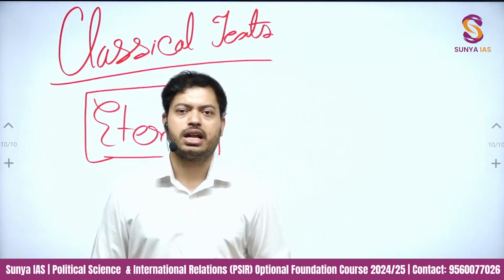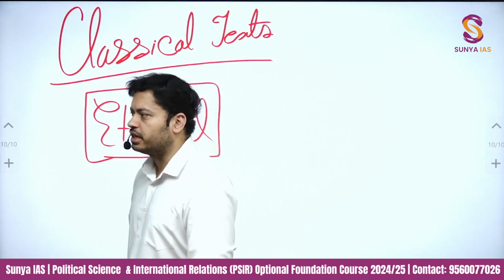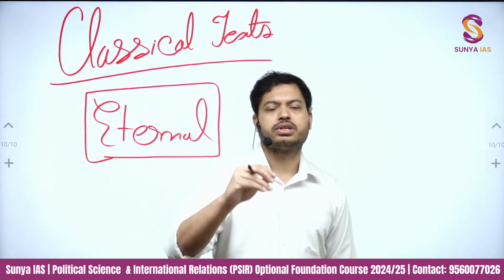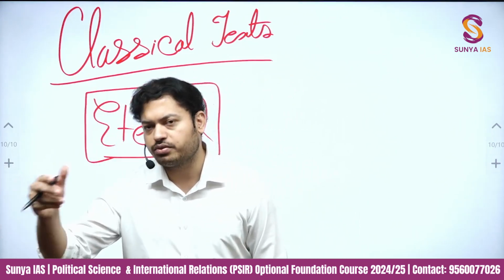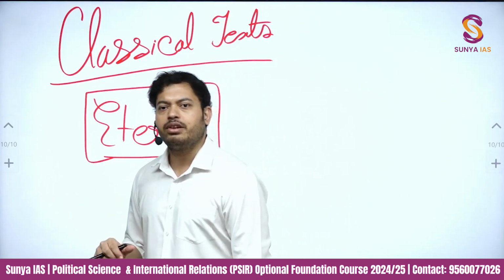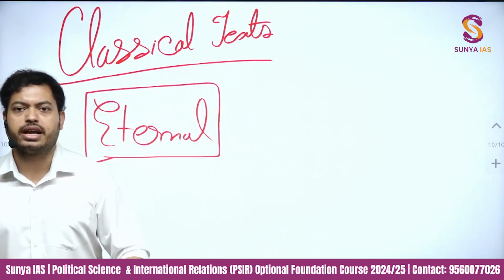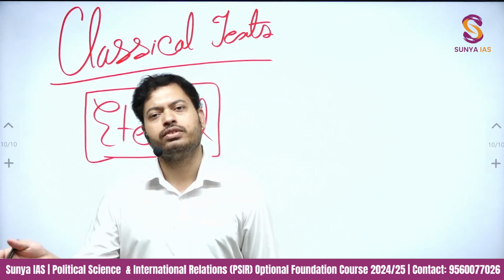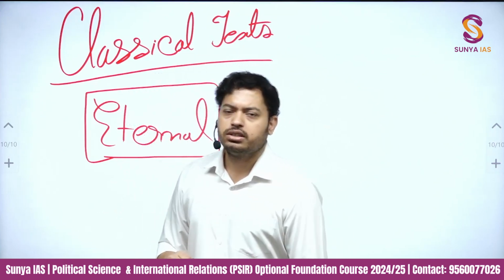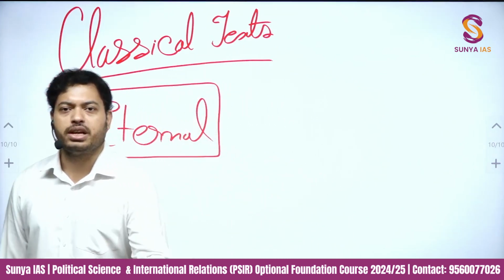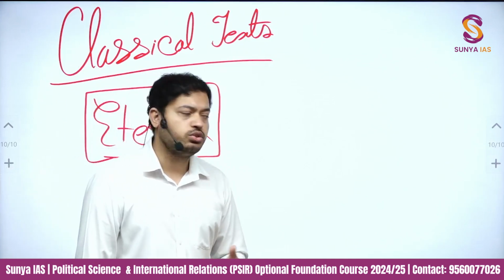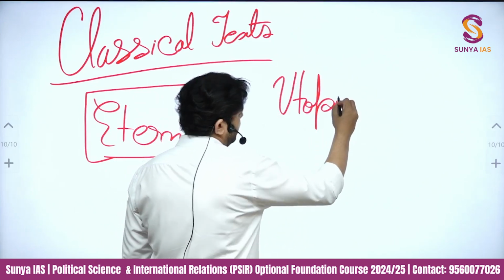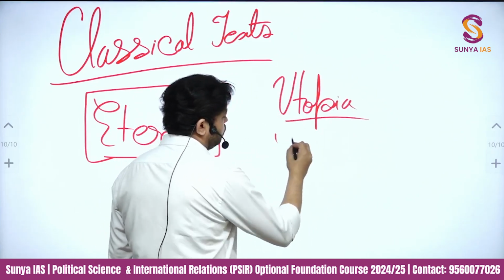Now one more thing about classical text, let me tell you. All the classical texts, you will always see, are talking about making a better form of society. They are always talking about making a better form of state. Almost every time they will be talking of some seminal work like this. Or for that matter, those texts which we will be talking about in political science, they for sure are talking about this very idea, the idea of utopia. If you have never heard the word utopia or eudaimonia, utopia, or as it was called in ancient Greece, eudaimonia,